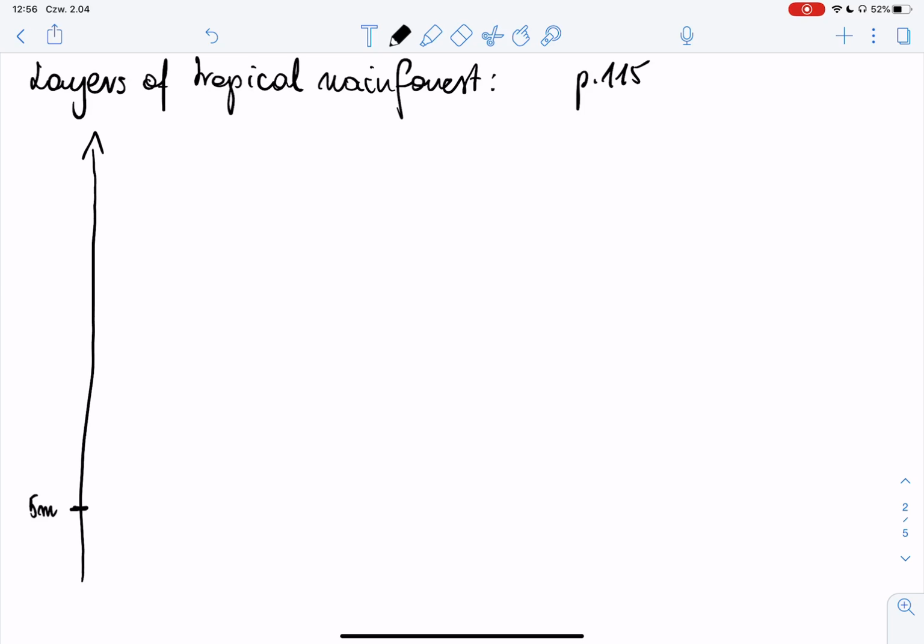This is the very lowest level that contains shrubs, krzewy, and also basically everything that is laying on the forest floor, which is called the ground cover, runo leśne,